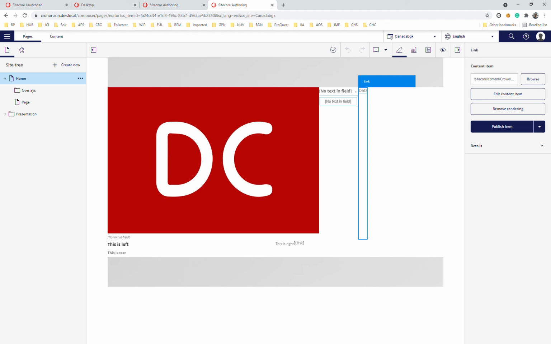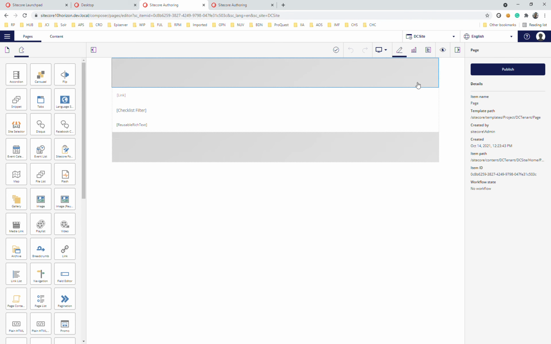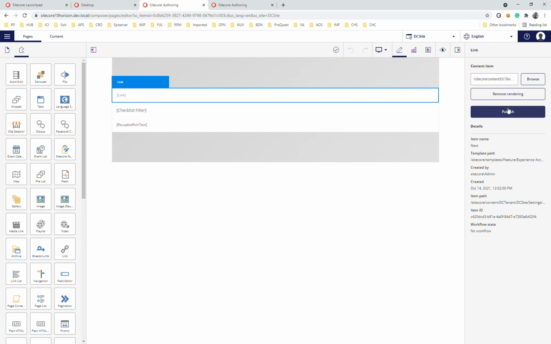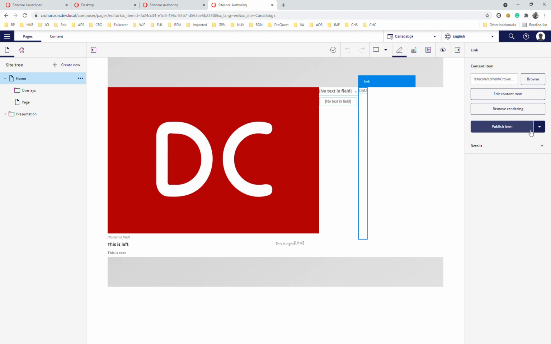The last is also an improvement, a very small thing: you can publish items and sub items. Quickly going to the Sitecore 10 version, after completing all the things, you can publish the item. But in Sitecore 10.1, it also has the option to publish this item or publish the items with all the sub items. So this new improvement is what Sitecore 10.1 contains. These are the new latest things that came in the Sitecore 10.1 version for Horizon.